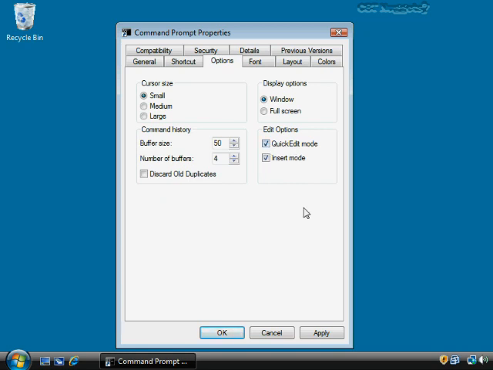That allows me to drag across text in the command prompt window and then copy it into the clipboard. Otherwise, I would have to go to the title bar of the command prompt window and then choose to edit that way. I'll show you about that as well here in just a moment. Also, I think the rest of these kind of explain themselves, but one you might be interested in is the command history buffer size. If you use the arrow keys up and down, if you're at the command prompt quite a lot, you can flip back and forth between any previous items that you have sent in the command history. Okay, so that's just another thing that you could work with there if you want.